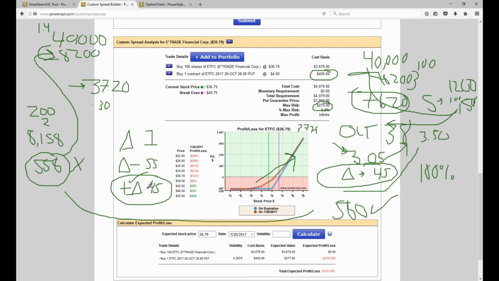And remember, what happens to a long call when the stock moves up? Well, after the first dollar, the delta increases. So the stock moves up to 37.79. The delta of my 38 call is going to be closer to 0.5. It moves up another dollar, my delta is going to be 0.6. Well, I'm in a stock and a put, so as the stock continues to go up, this delta would drop. After the first dollar, my delta would be negative 0.45. It moves up another dollar, it might be negative 0.35, so I'm also gaining more dollar for dollar as the stock moves up. Okay?